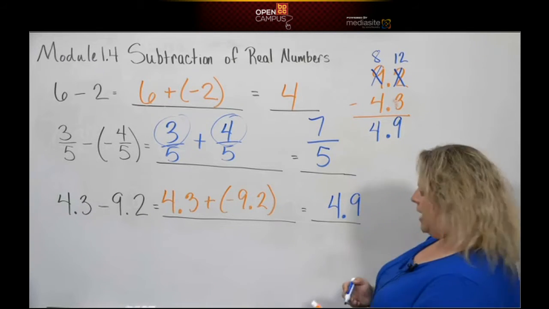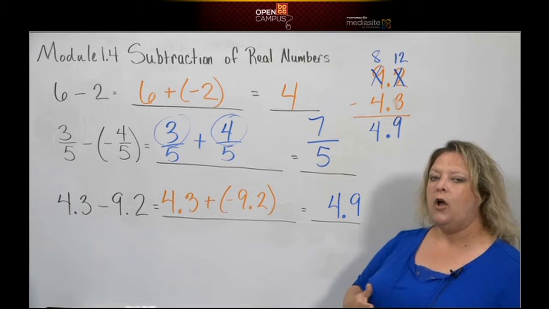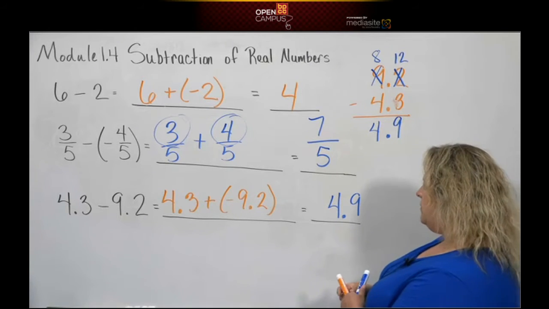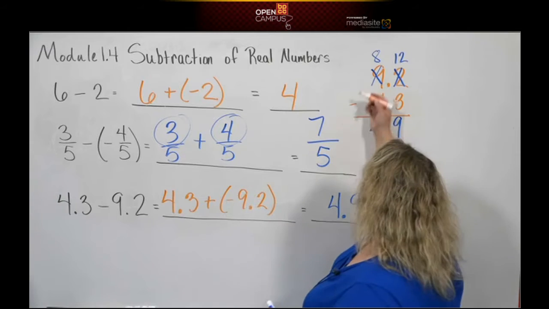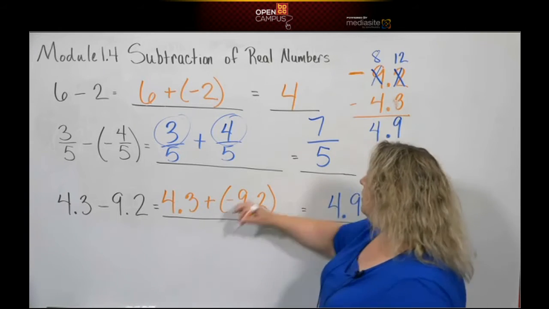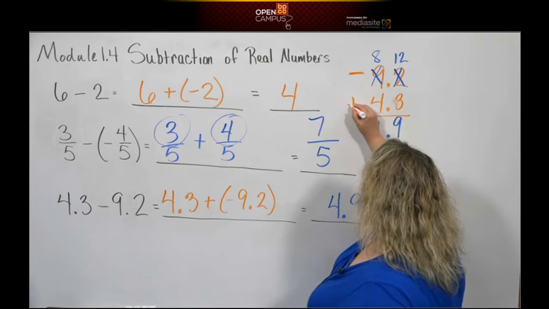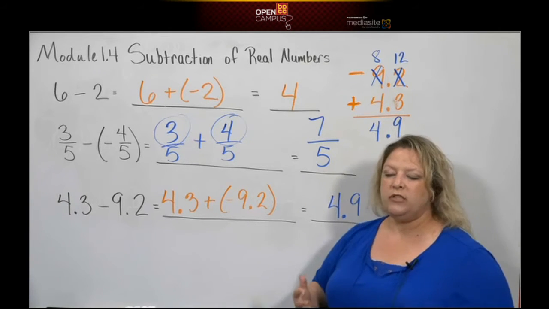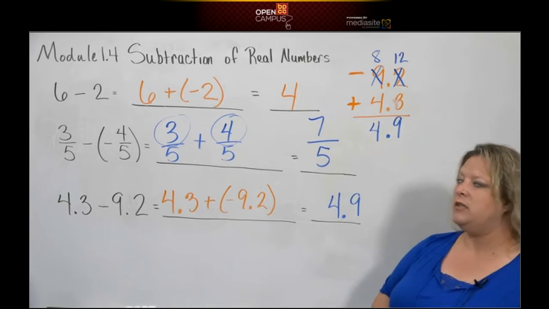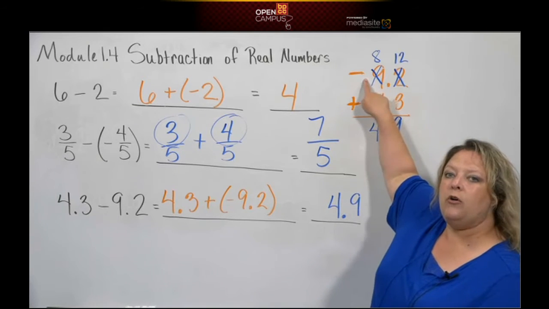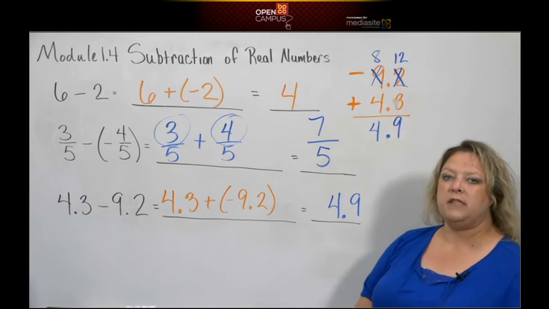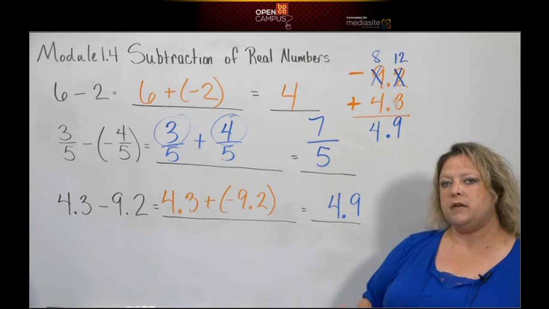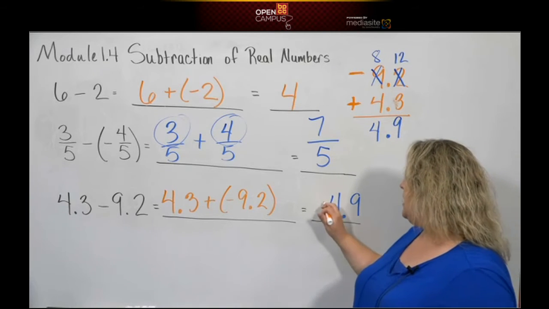4.9. And now you have to figure out which sign do I use. 9.2 was negative. 4.3 was positive. So which one's bigger? The 9.2. That means that you owe more than you have to give. So since you still owe me money, it is a negative